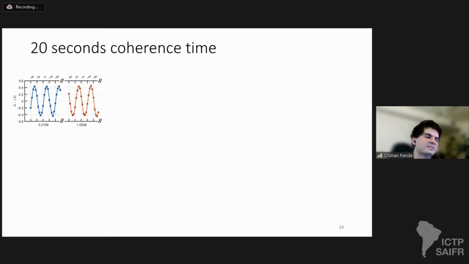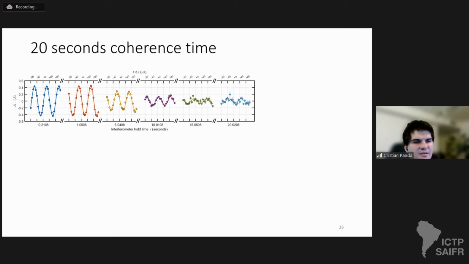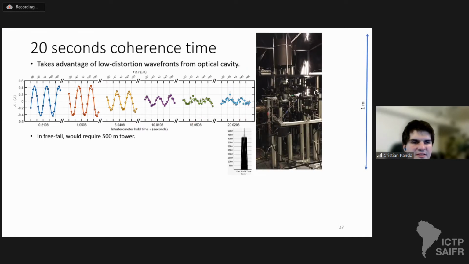So how well does this do? If we look at the contrast of our interferometer as a function of hold time, we see almost no decrease after 1 second. There's some change, so it starts to go down at about 5 to 10 seconds. But we still see coherence up to 20 seconds. To put this in perspective, in a free fall atom interferometer, you would need a 500-meter tall tower to achieve this. And this is the height of a really tall building like the World Trade Center in New York. And we can get the same sort of